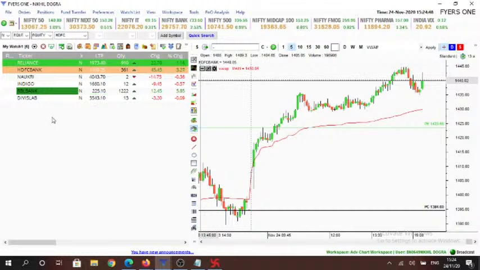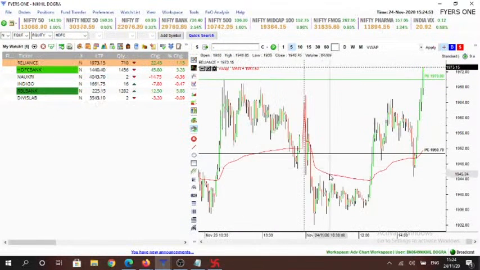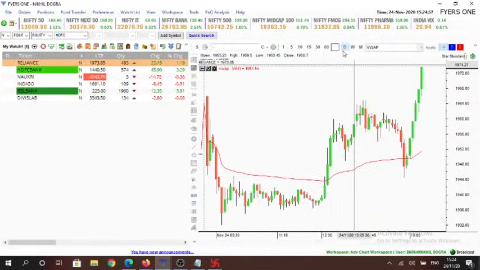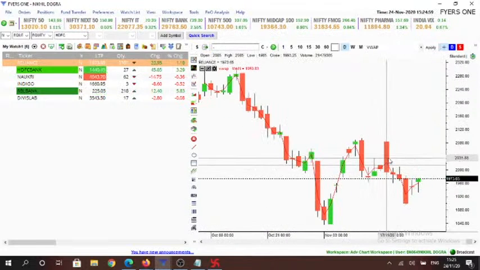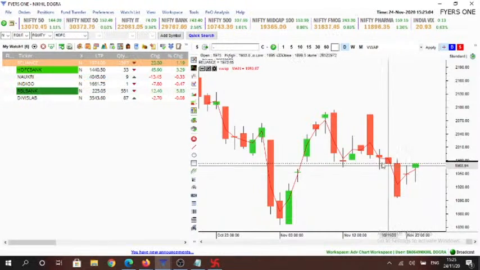It was very tough for us, but it's okay. We have managed to close the day in green. So there you go. It is trading higher now. It has broken the inside candle to the upside, so it can potentially trade toward 1984 or